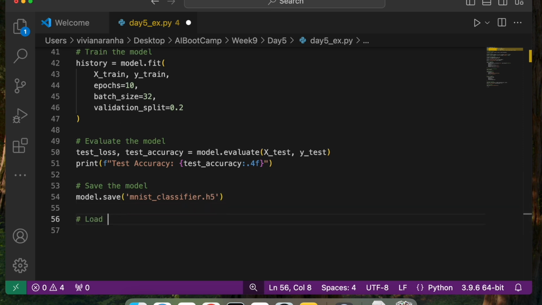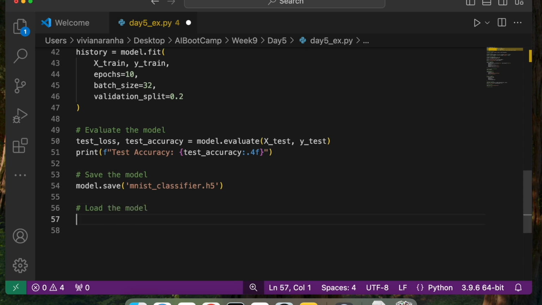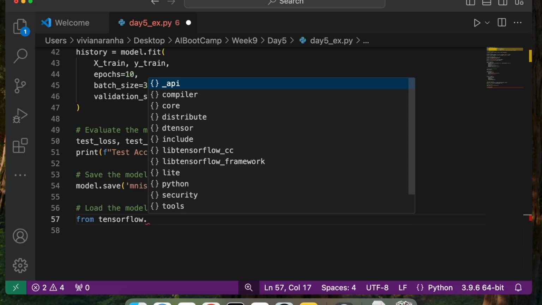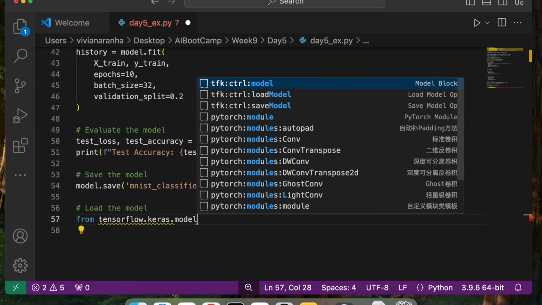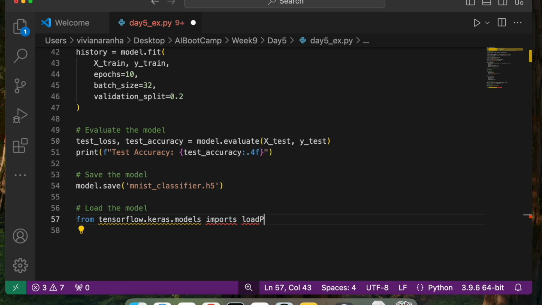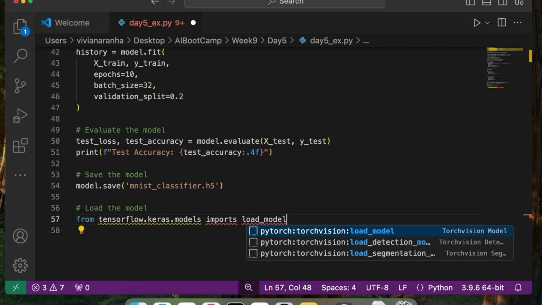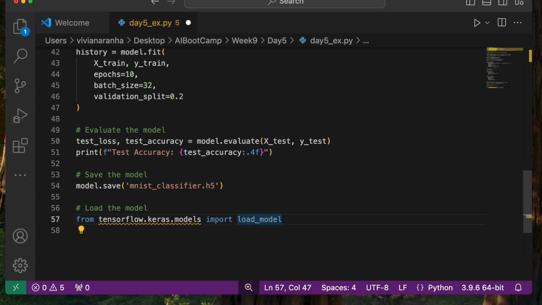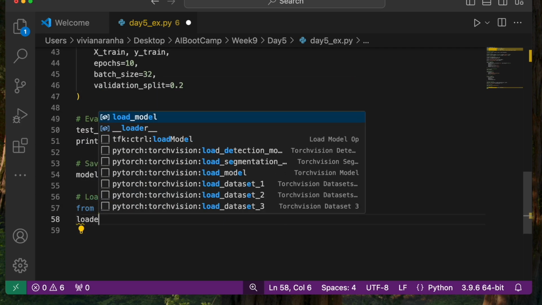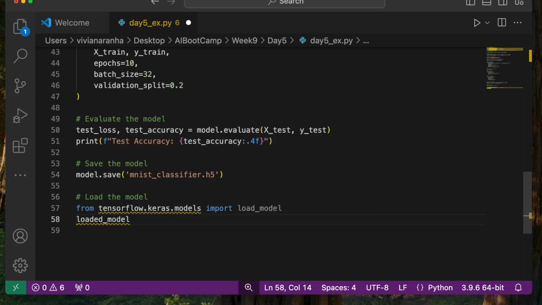Now if you ever want to load this model in some other code, say you train this and now you want to use it somewhere, you can just say from tensorflow.keras import load_model, so you don't have to do this training every single time. That's how it works. Once you train the model, you load it into your application and use this model over and over again in your production application. Loaded model equal to load_model, and I'm going to give the name that I saved it as.